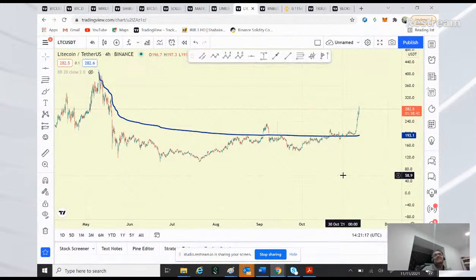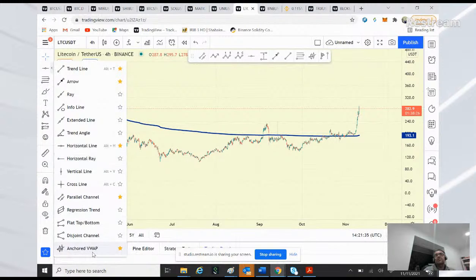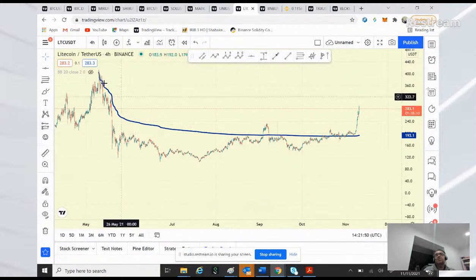LTC, if you remember in the last TA we had, I discussed this line, which I told you that you can get from what they call anchored VWAP, which gives you similar things to the EMA or moving average, but from the point you want. And if you choose the previous high or previous low, it gives you a very accurate way to see the